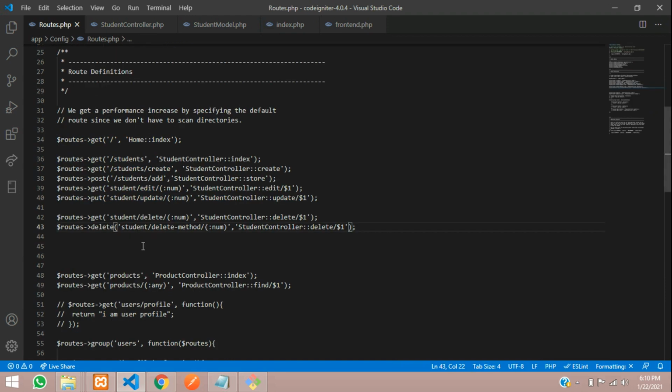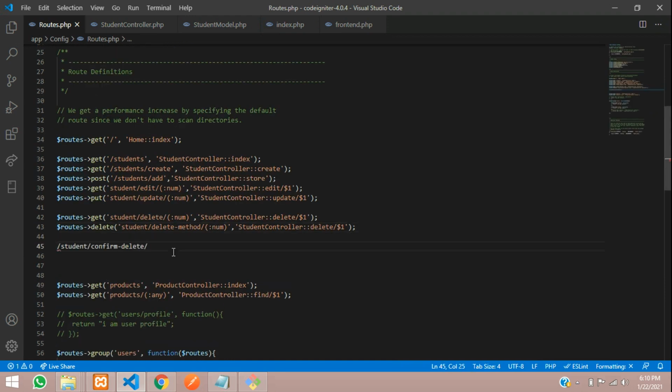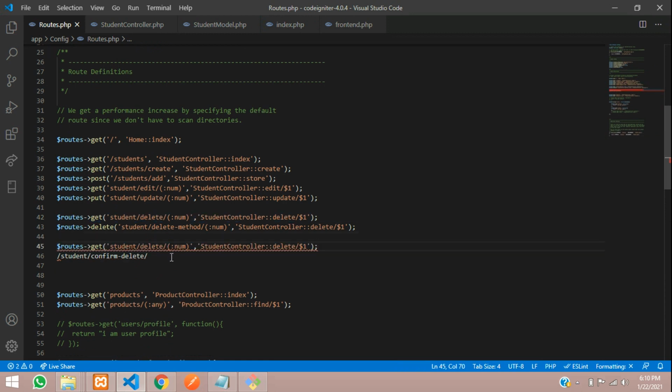So let's go to our routes.php and we will create a route with the same name. So let us copy which was previously created for it. So let me just paste, and now let's cut and paste for here. And now we are going to tell confirm delete, where we are sending the ID, and then we are going to student controller where delete function. So let us create one more function called confirm delete. Okay, with the ID we are sending this number, right? Whatever ID you are sending, so please give $1. So that time it will take. So let's copy this and go to your student controller.